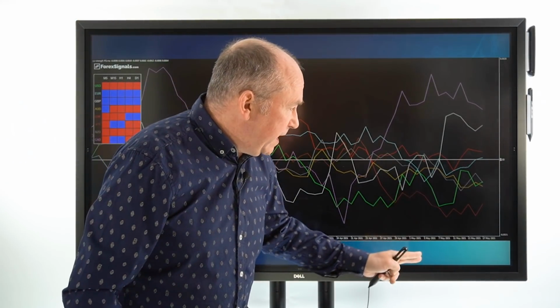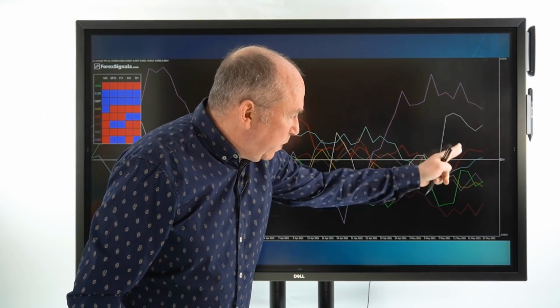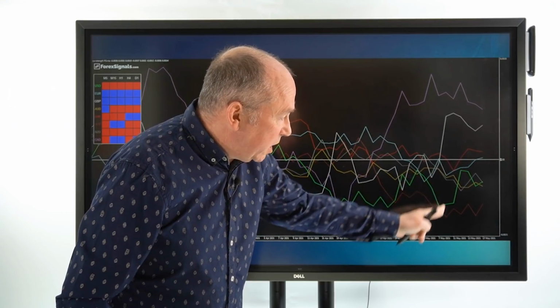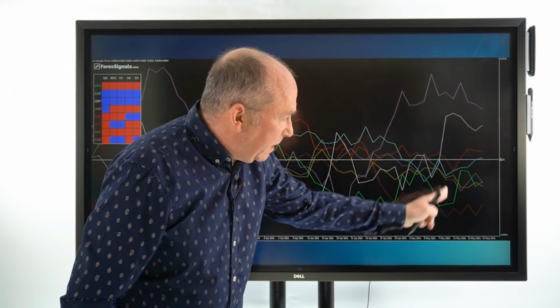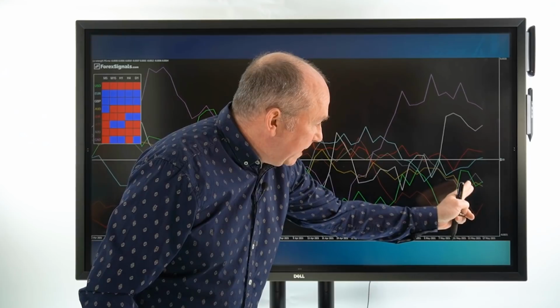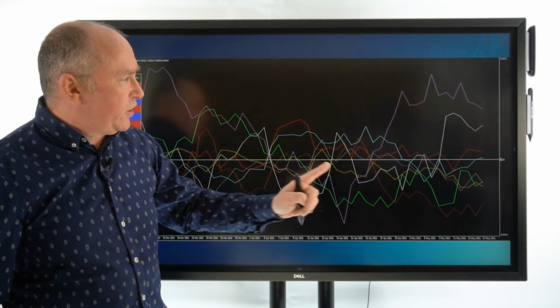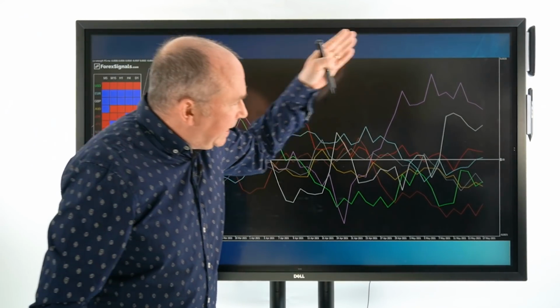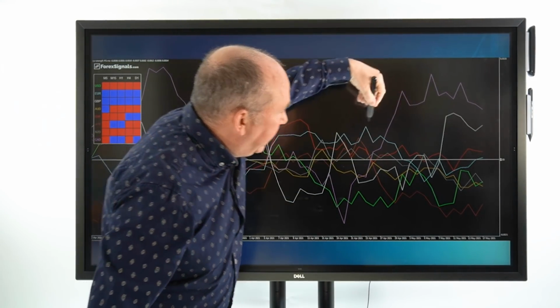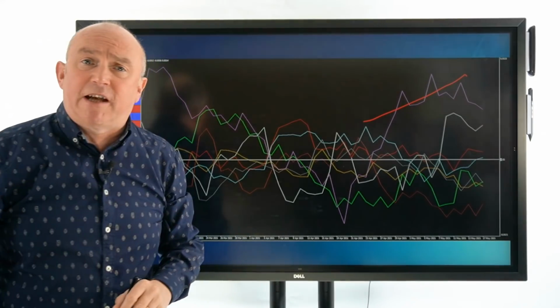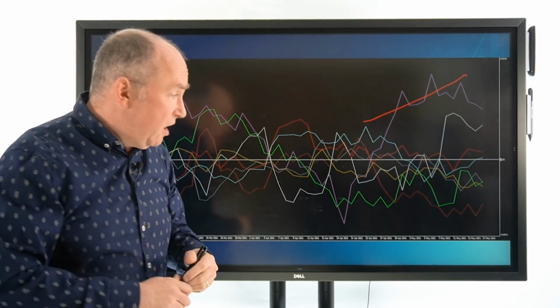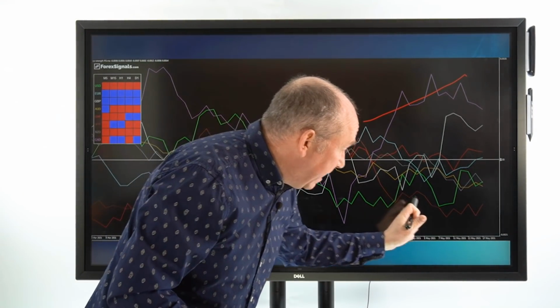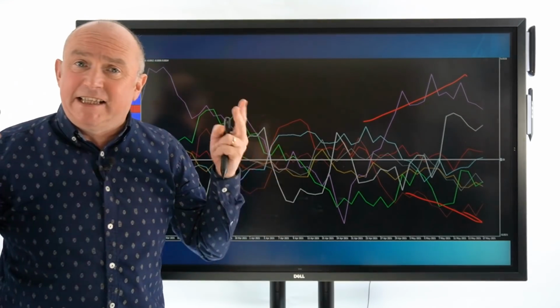But this shows you the big move we had midweek, where we had those inflation data showing a strong read, and then we came back towards the end of the week. But interesting to note on this chart, we're still seeing some really strong growth in the Canadian dollar, which is this purple line coming up here. It is the strongest currency there at the moment. And of course, the weakest currency down here, that's the brown one, that is the Japanese yen.